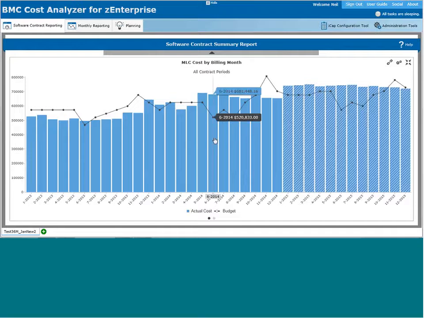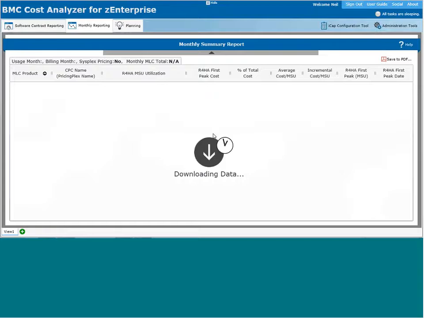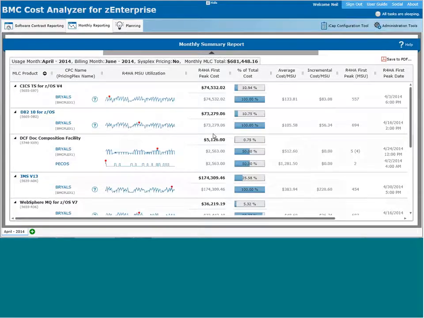So now we're looking at the solid bars. These are how you've actually performed in time. So the actual spend versus budget. And clicking on any of these brings you into our monthly summary report. So this is the version 1 view of MLC costs. Many of you are familiar with it. You've seen it